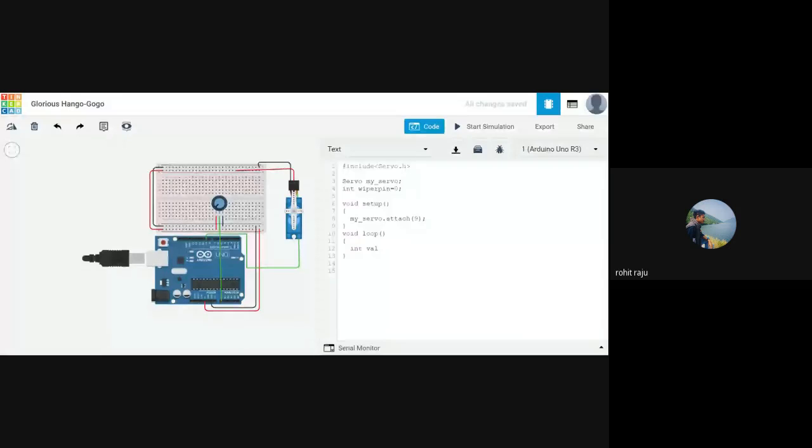So first we need to read the value from this analog pin. So which function will we be using? analogRead, and we're reading it from pin 0, A0. And what is it? It's the wiper pin.